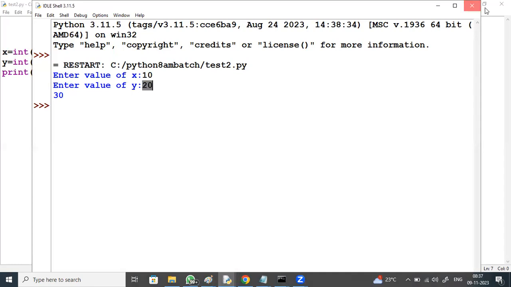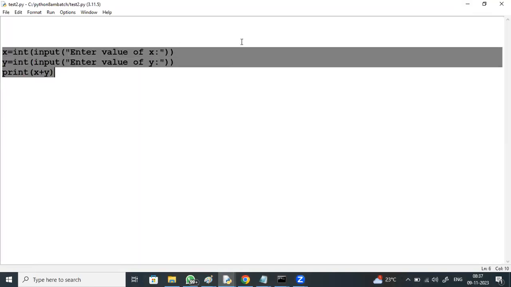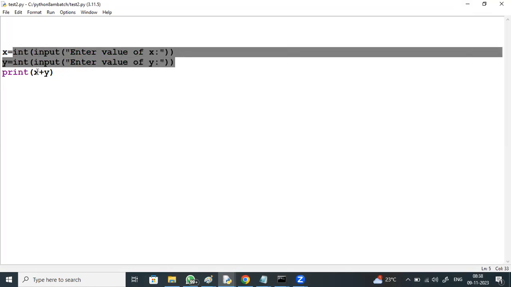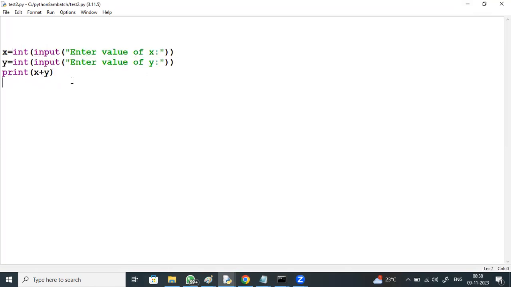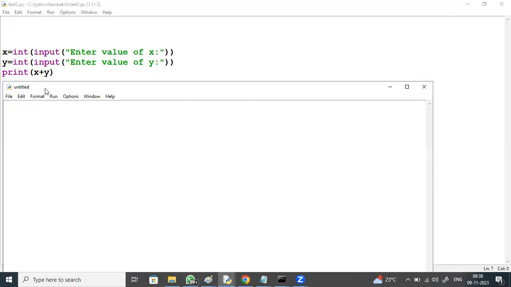So I was asking you to just observe this code. It looks like normal English statements. Enter the value of x in the first line, the value of y in the second line, x plus y. One more example. You can observe these Python statements. So I got some values like 30, 40, 10, 20, 50.